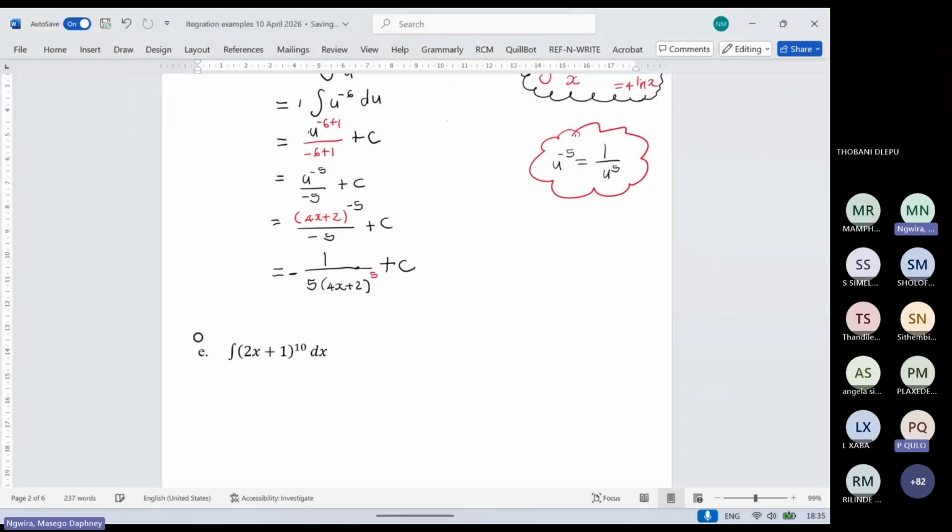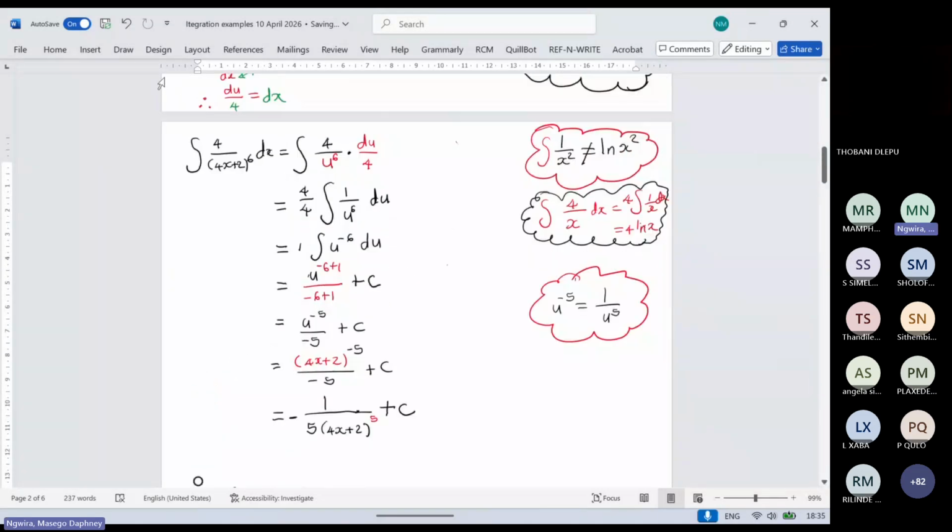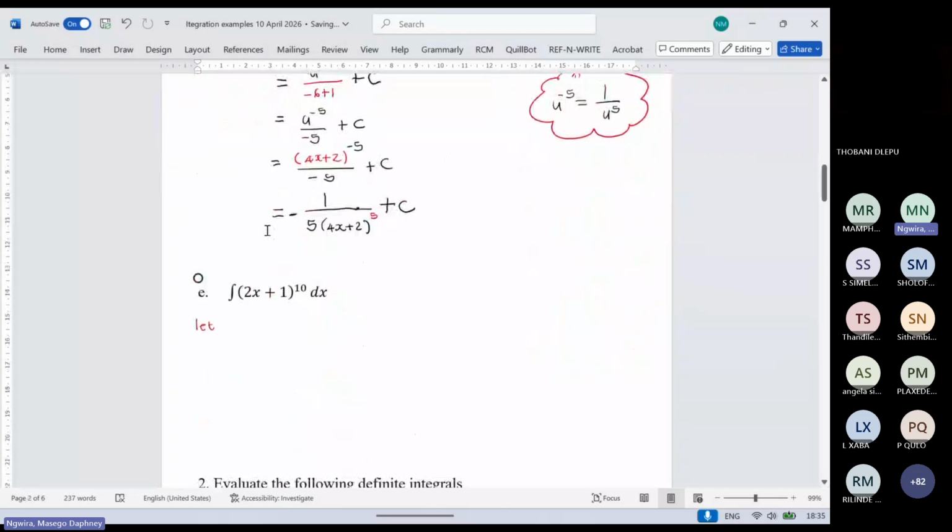So we are going to let u equal 2x plus 1. And then we derive this: the derivative of u with respect to x, du/dx, is going to be equal to 2. Because when you derive 2x plus 1, just to take you back,